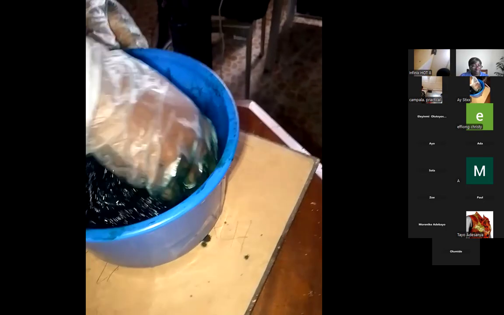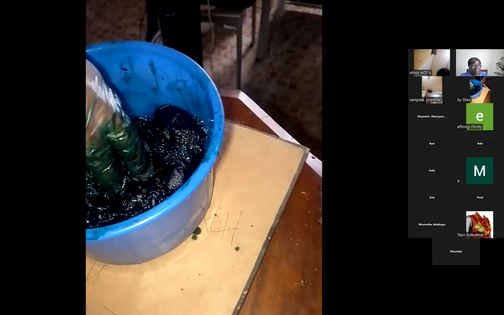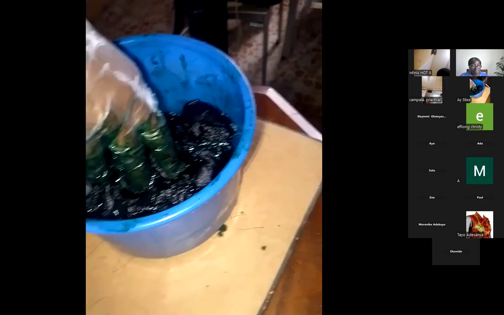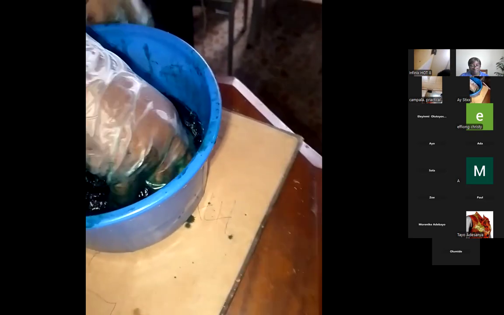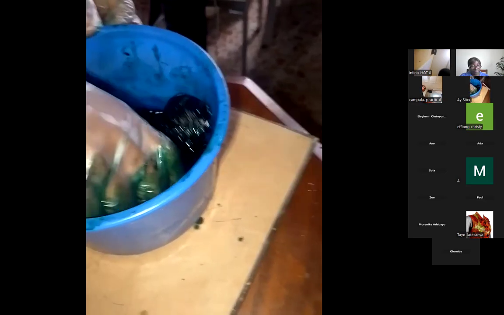That one is polychrome, we use two colors. The second one is monochrome, only one color. This is the method we are doing now.